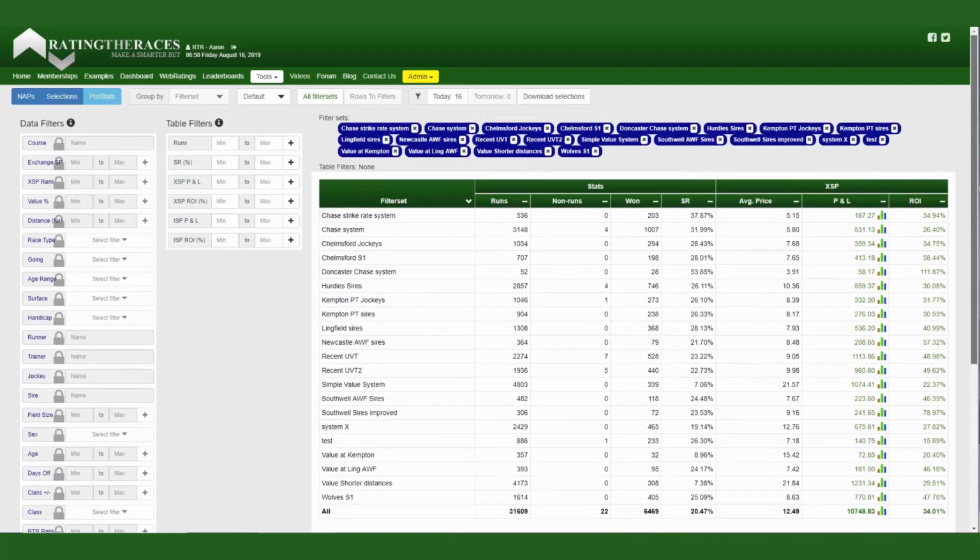Now, more importantly than that, it's all very well and good having these systems, but this button right here now shows us exactly who applies to this system right now. This shows that there's 16 today. Now, what I'm going to do with that is I'm actually just going to download these selections, and I prefer to download them because it's going to give me some additional information in this CSV file. So if I just download this file, open it up,